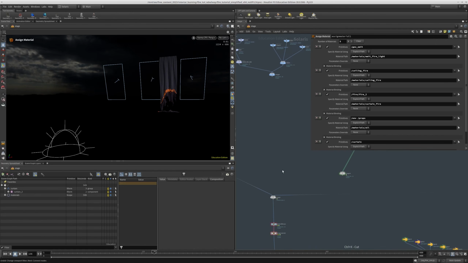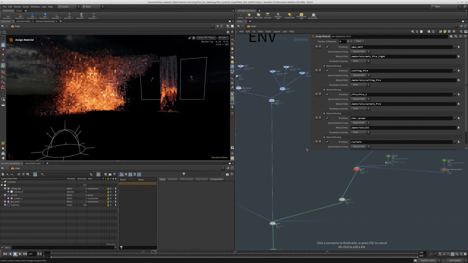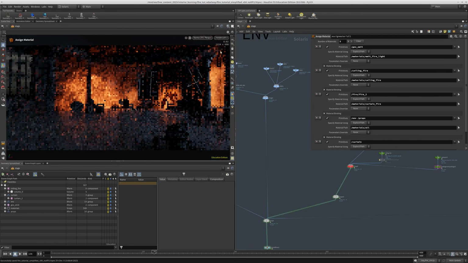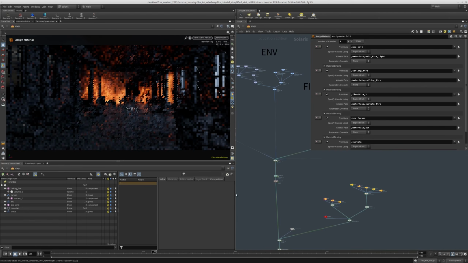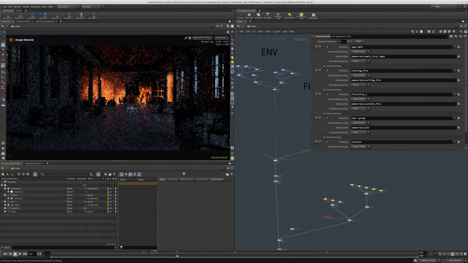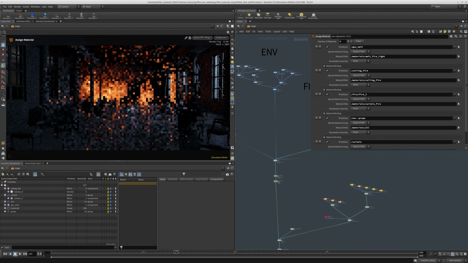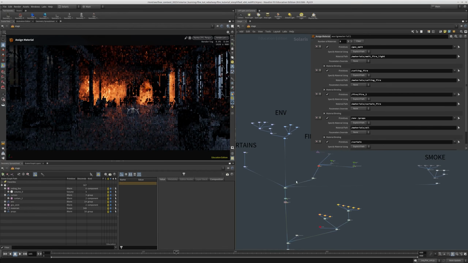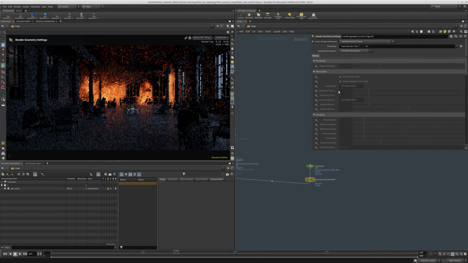Sorry, I disconnected something accidentally. And go to the render cam and maybe move the frame further a bit to have more smoke here. And I also have another fire here. And let's increase maybe this